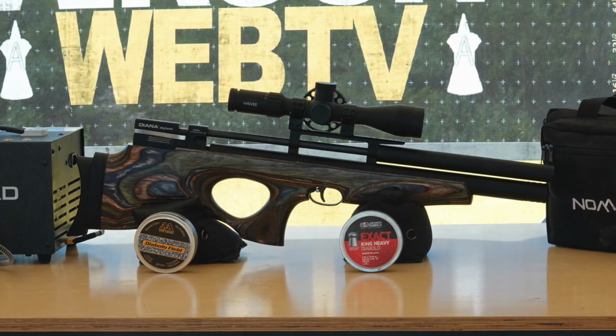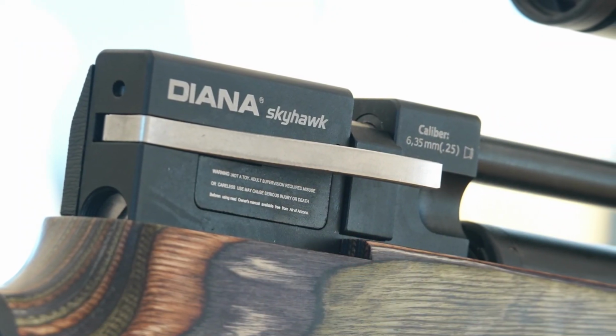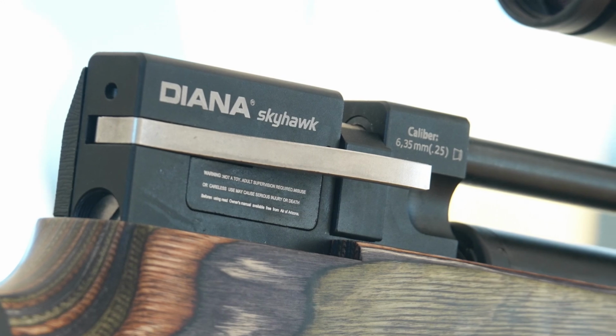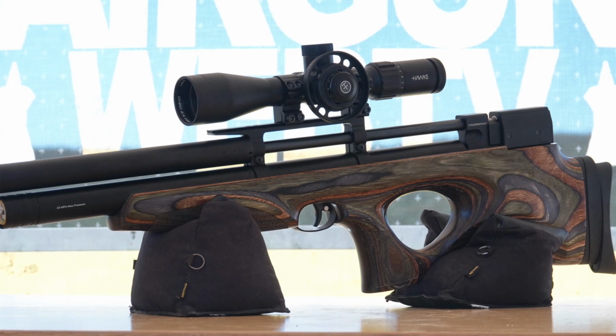And when we have those conditions, we're going to circle back around and do another video. And the reason I can do that is this thing really did catch my eye, so much so I actually bought it. So this gun is mine, and I'm going to be doing some more with it